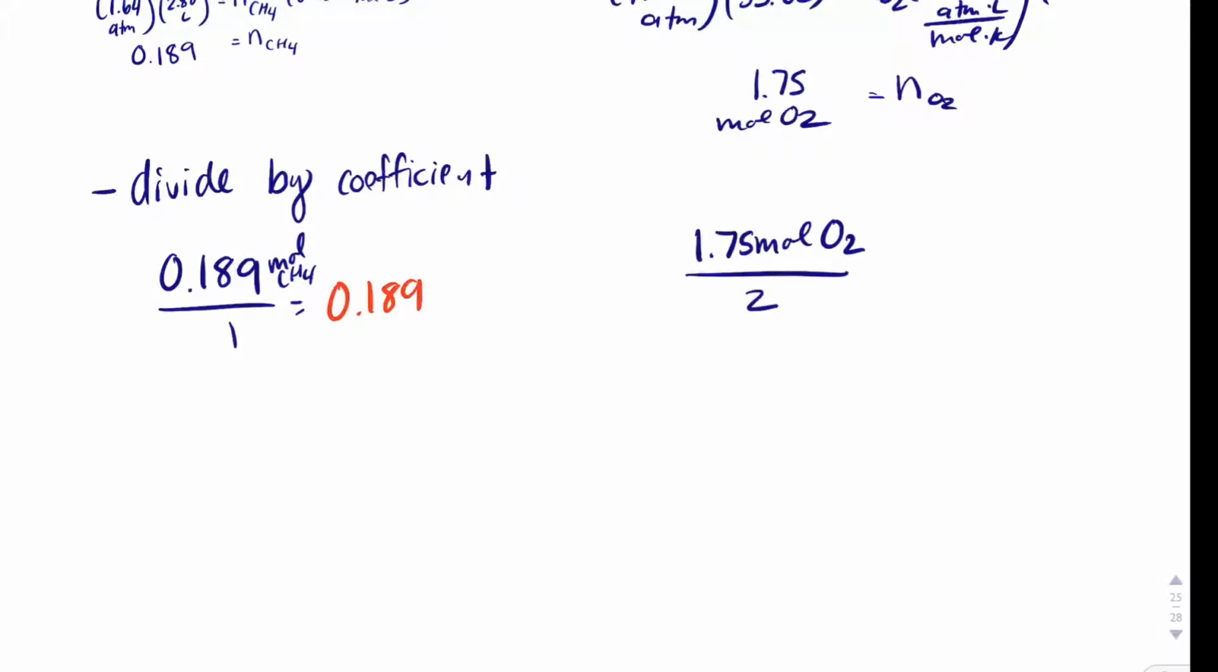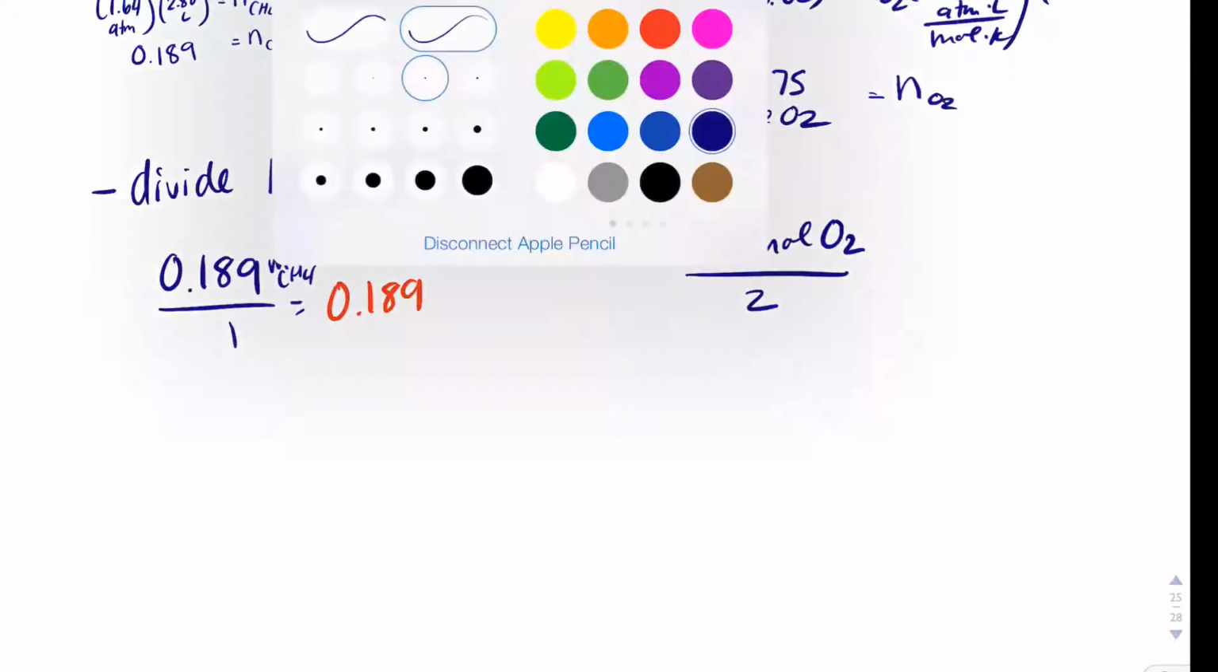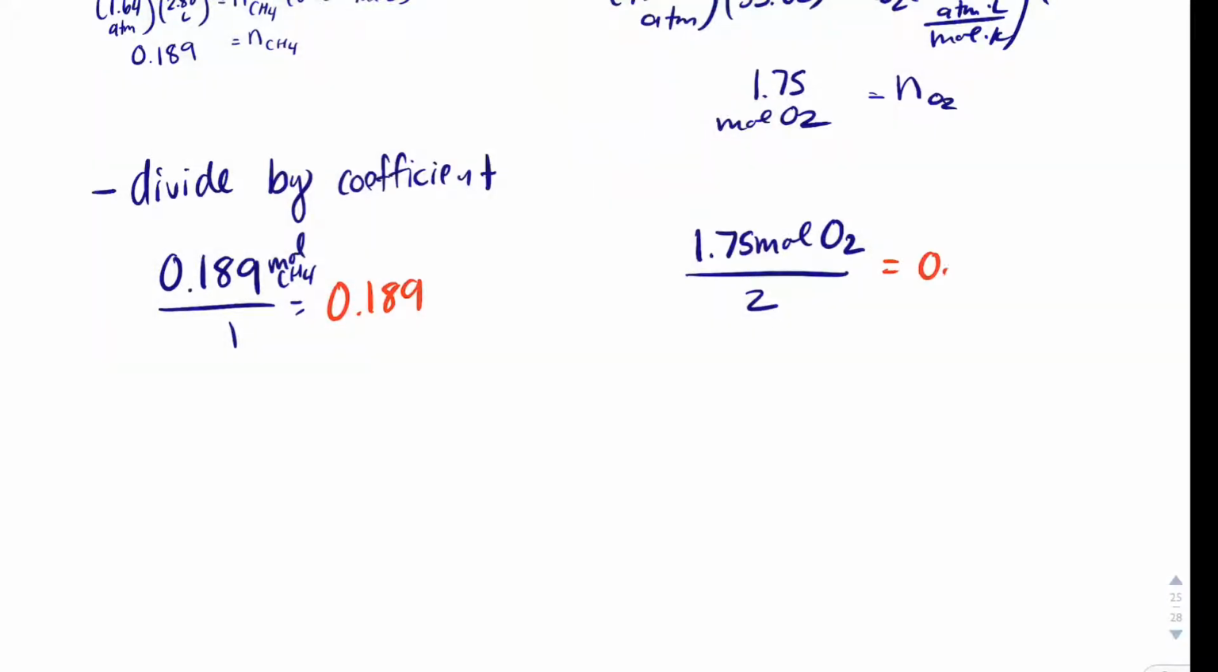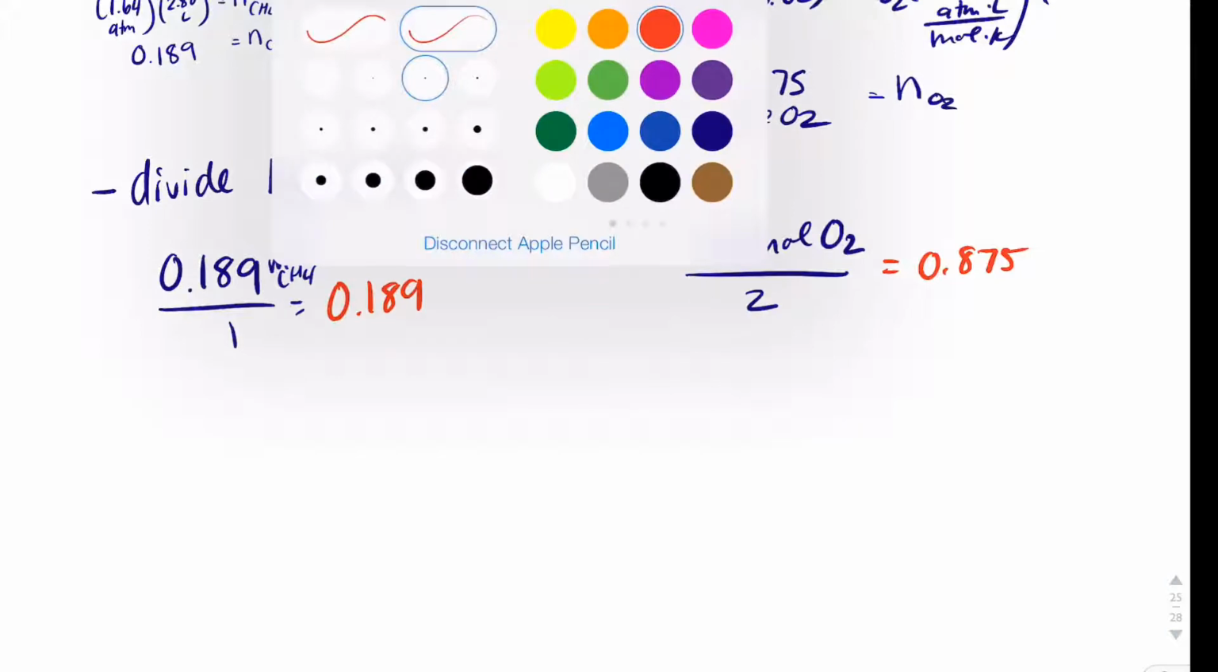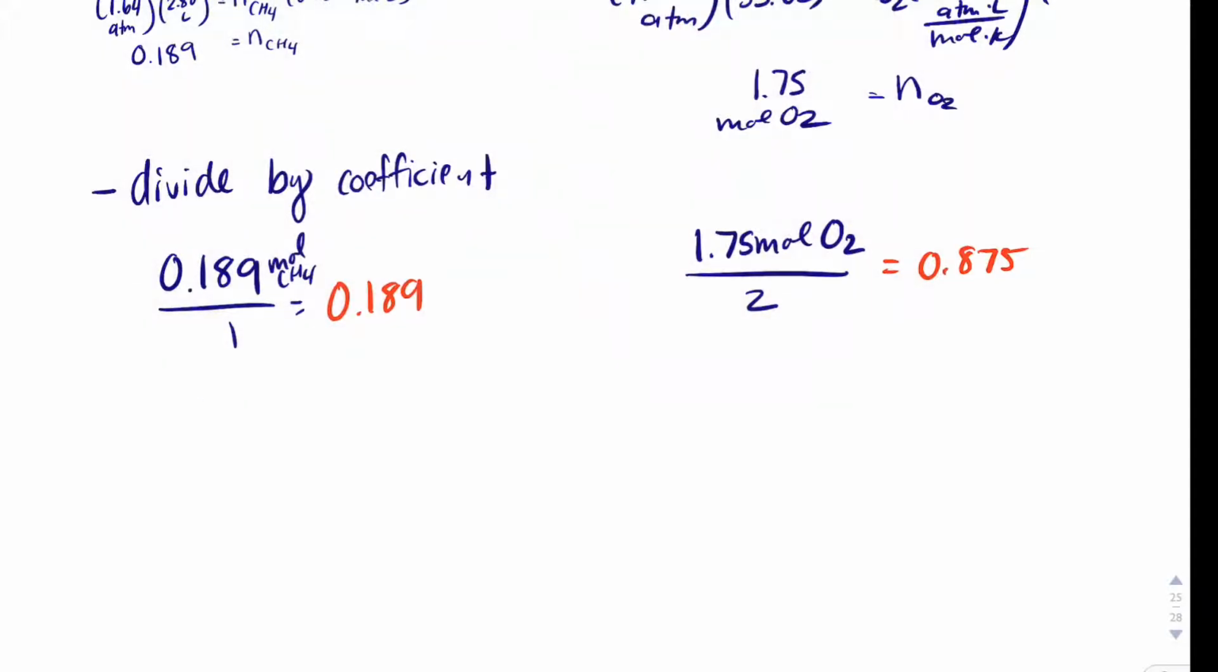The coefficient of O2 was 2, so 1.75 divided by 2. That's going to be 0.875. So what I know is that CH4 is limiting,